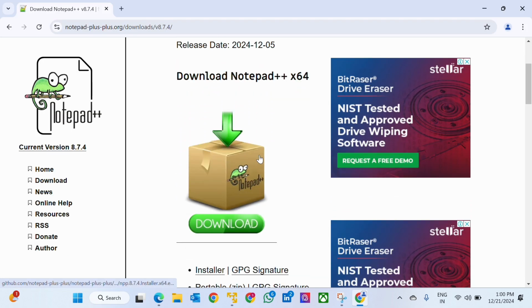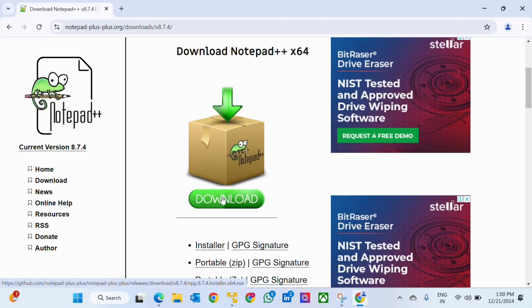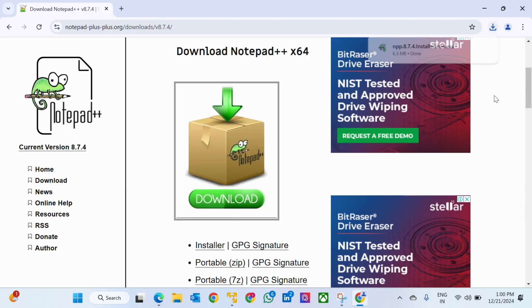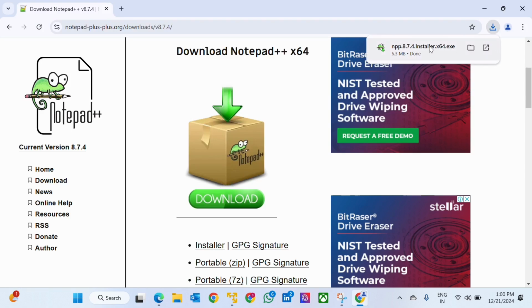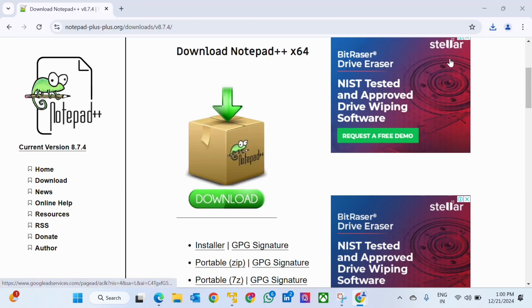So see, on the right side you should click here on download, and it will start the download. So now the download has been done. So right click on here and open. It will ask you to install. So click yes,